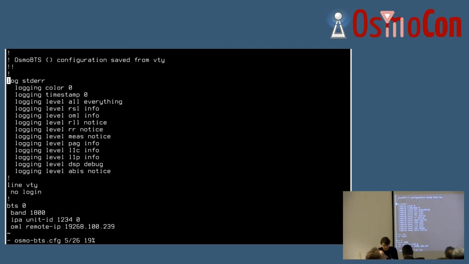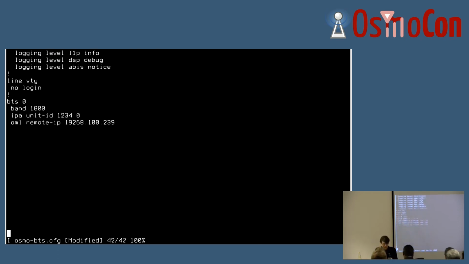Then we have a large block that I didn't talk about in my slides about logging. You configure the log levels, what kind of log information you want. And this is really the configuration. You can see it's actually, I'm not lying, this is the end of the file at the bottom. I can scroll this up for you guys, but this is really